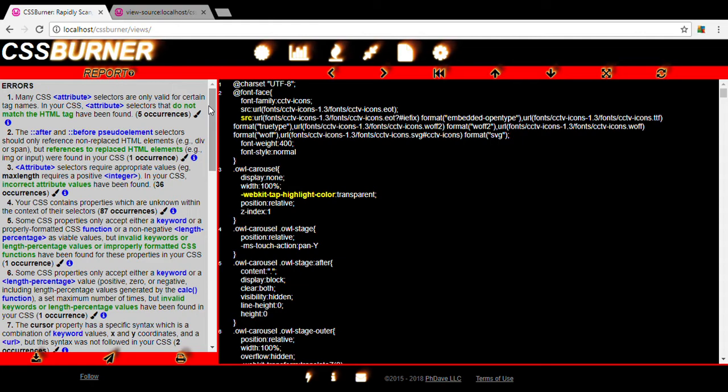And rendering speed is very important because CSSBurner can ultimately help a user's style sheet for an application. It can help reduce the size and then help the application load more quickly. So we see that there are a series of errors,